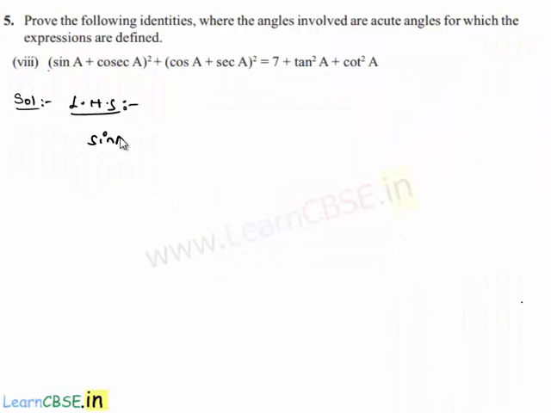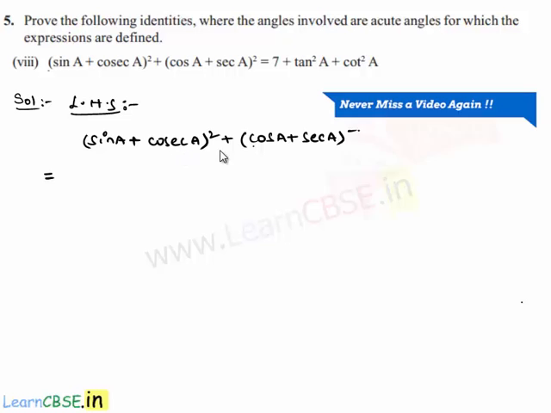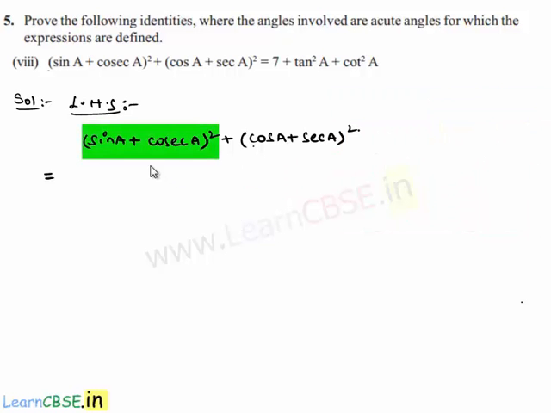That is (sin A + cosecant A) whole square plus (cos A + secant A) whole square, which is equal to, this is in the form of (a + b) whole square and this is also in the form of (a + b) whole square. Let us apply the formula that (a + b) whole square is equal to a square plus b square plus 2ab. Then we get here sin square A plus cosecant square A plus 2 sin A into